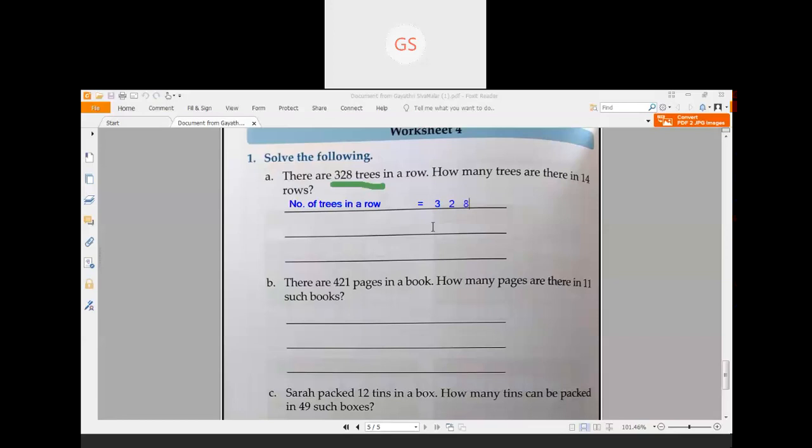Right? What is the second statement? It is number of